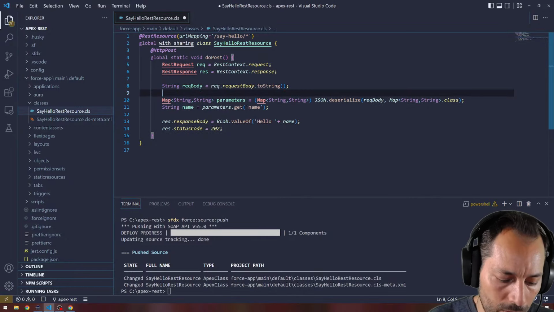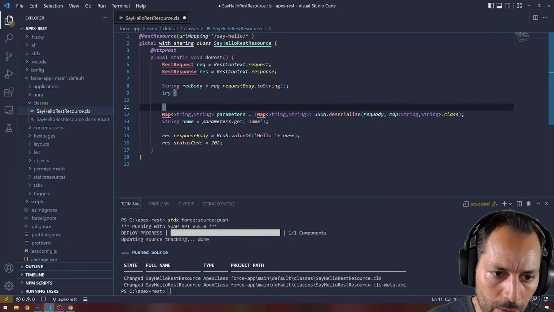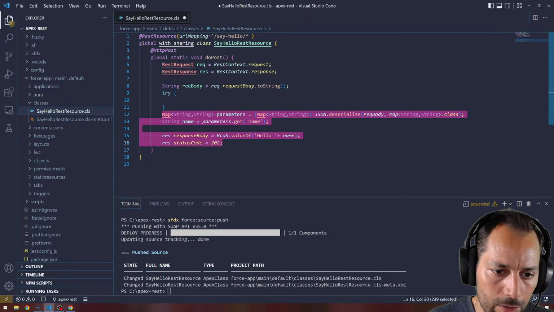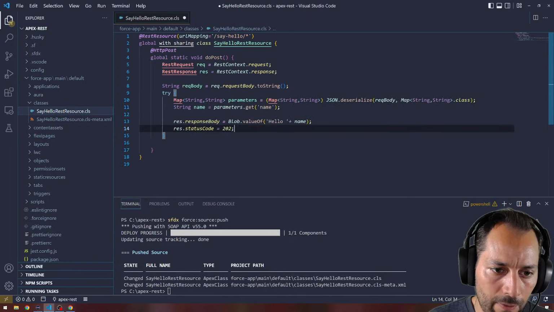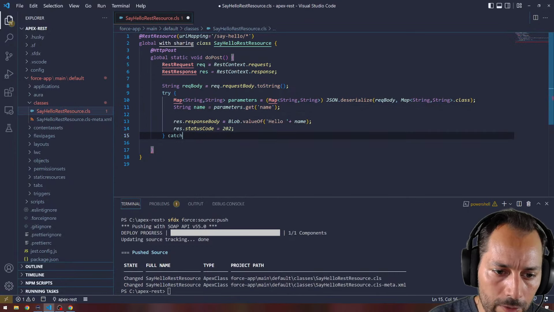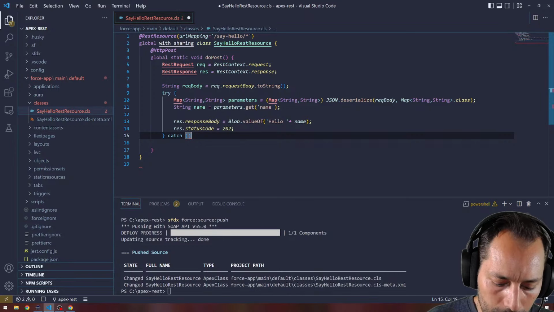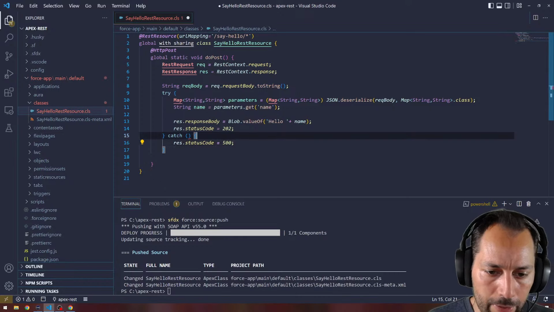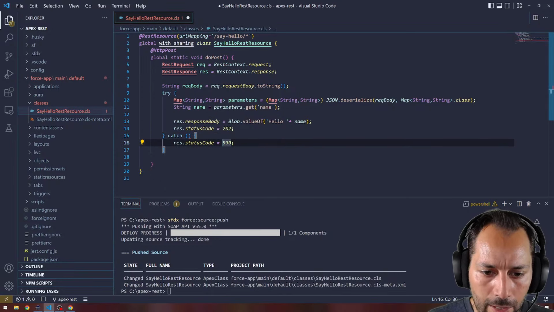So what you want to do in this case is do a try catch around the deserialization part, and actually we can use all of this and put it down there. And if there is an error, so if we catch an error, we can return an error. So the error, I'm still going to keep the 500. I think that's a pretty good use case. Or actually, no, we can have something else. We can have